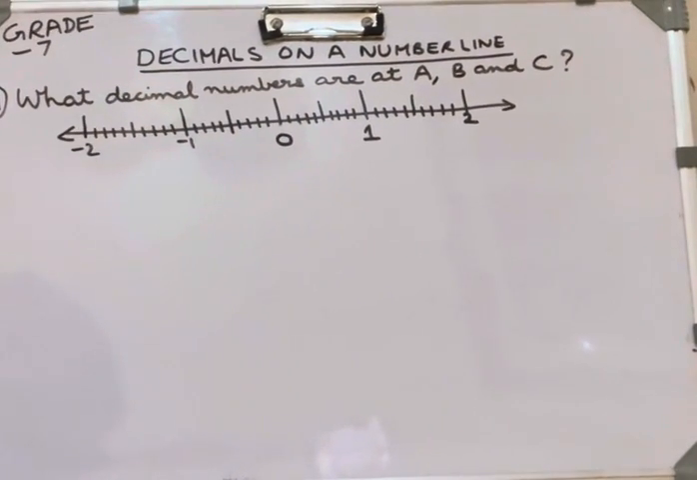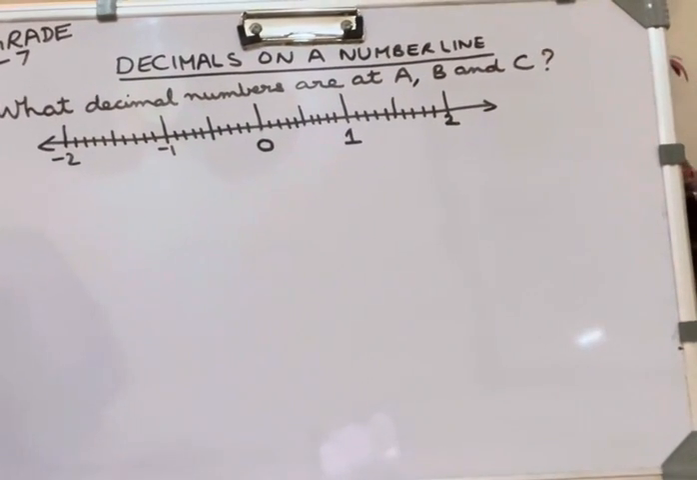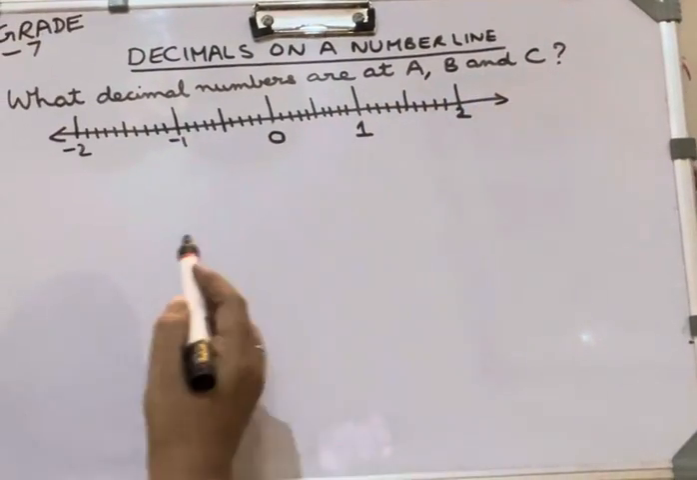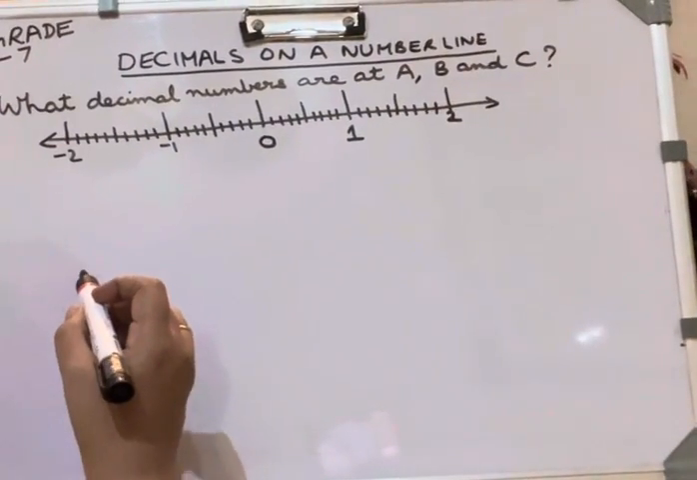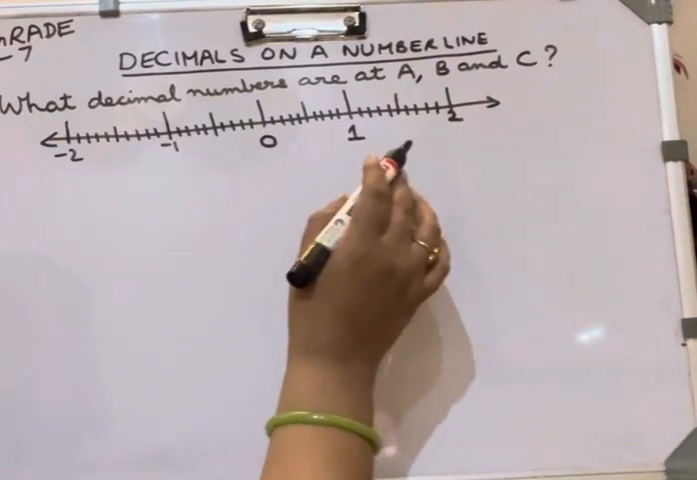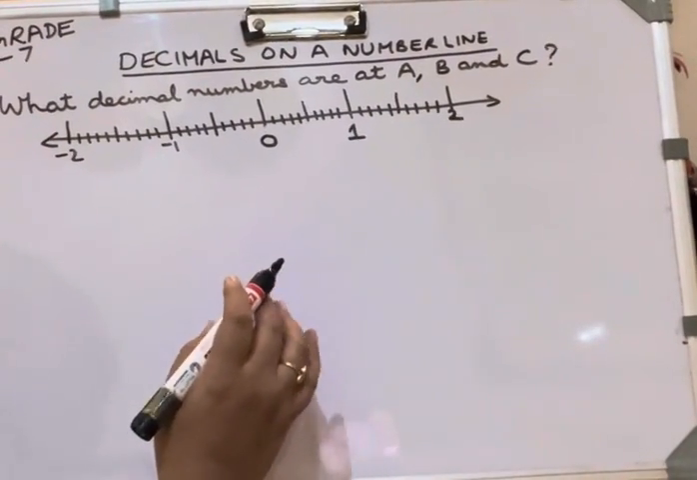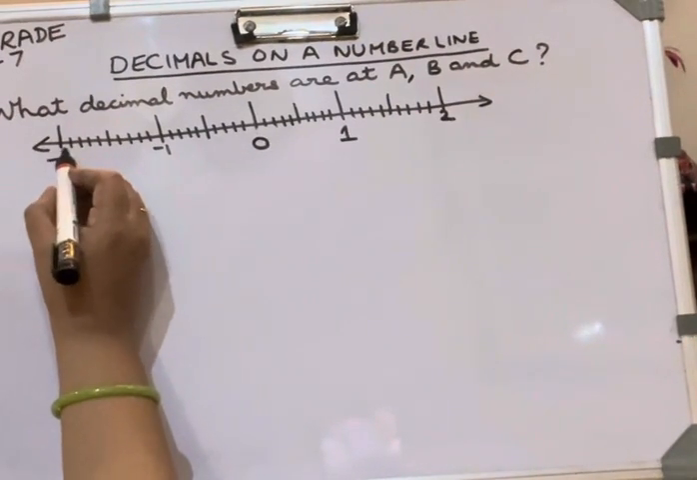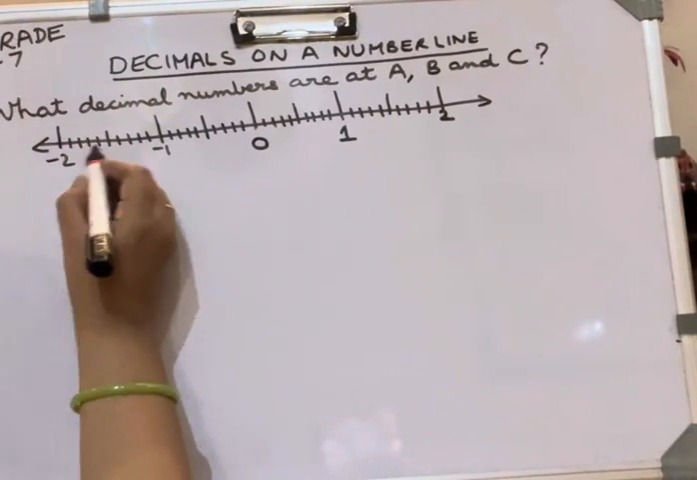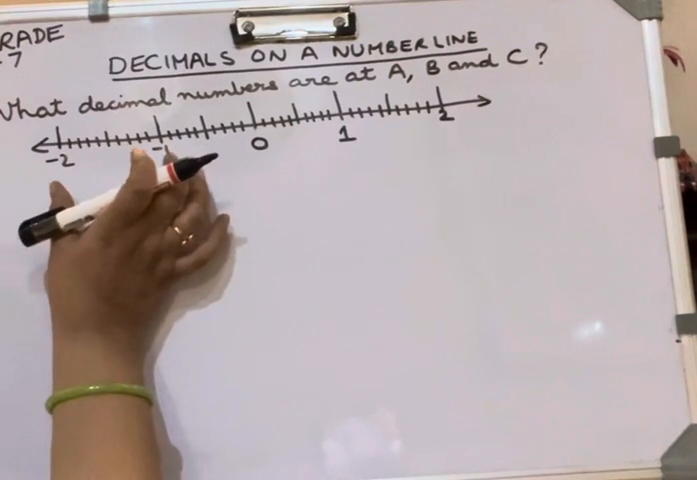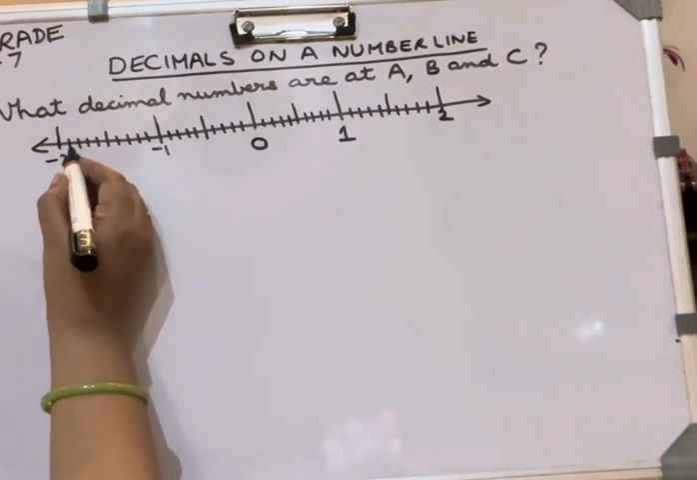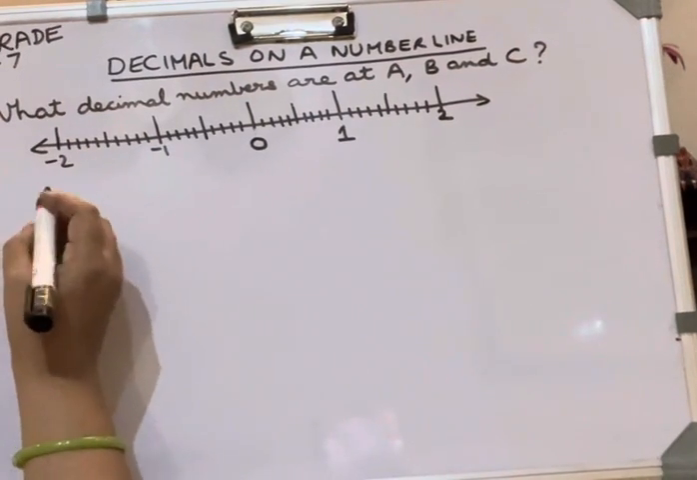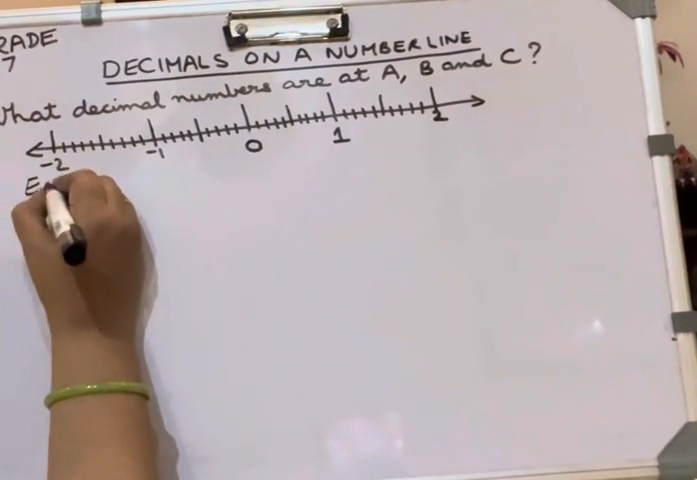The first problem is, what decimal numbers are at A, B and C? Please note that this is a rough number line, not drawn to scale. Now, what do we observe here? There are 10 equal parts between two numbers. 1, 2, 3, 4, 5, 6, 7, 8, 9, 10. So this means each division